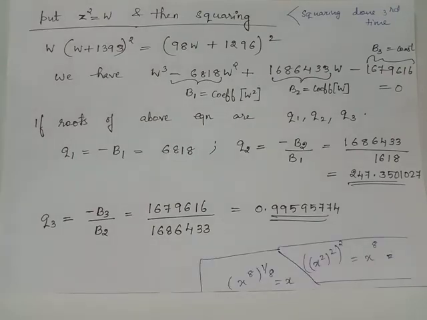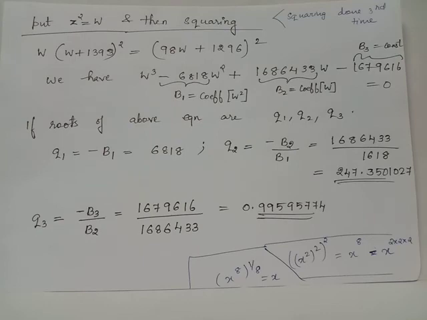We have x square the whole square, which, when squared again, will become x raised to 8. In order to get x back from here, we have to raise x raised to 8 to the power 1 by 8, that is, x raised to 8 the whole raised to 1 by 8 will give us x back. Similarly, in order to find the roots of f of x from the roots of this equation, we have to raise the powers of q1, q2 and q3 to 1 by 8 so that we will get the roots of f of x.